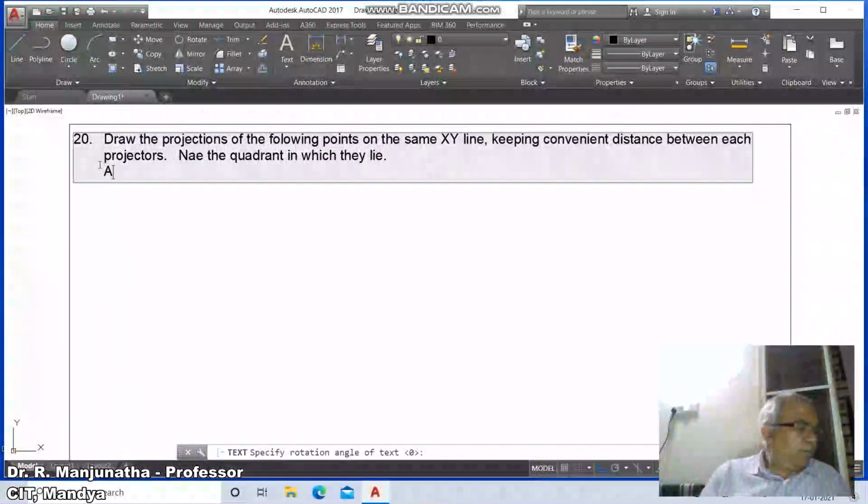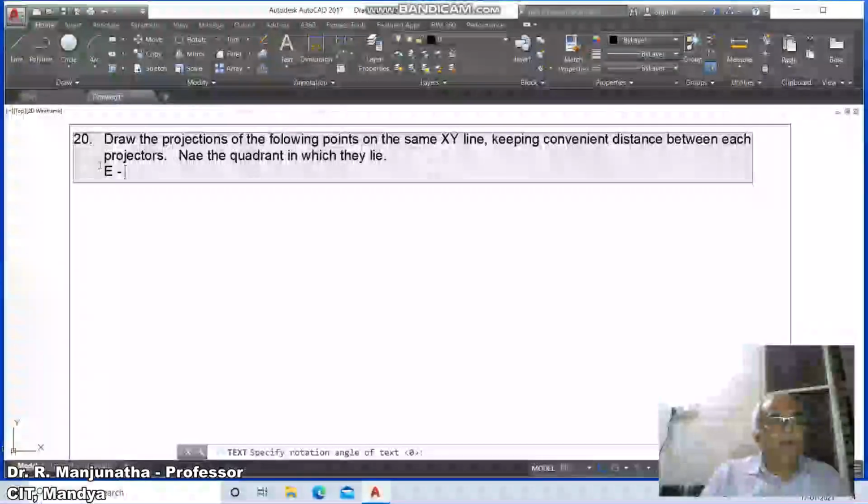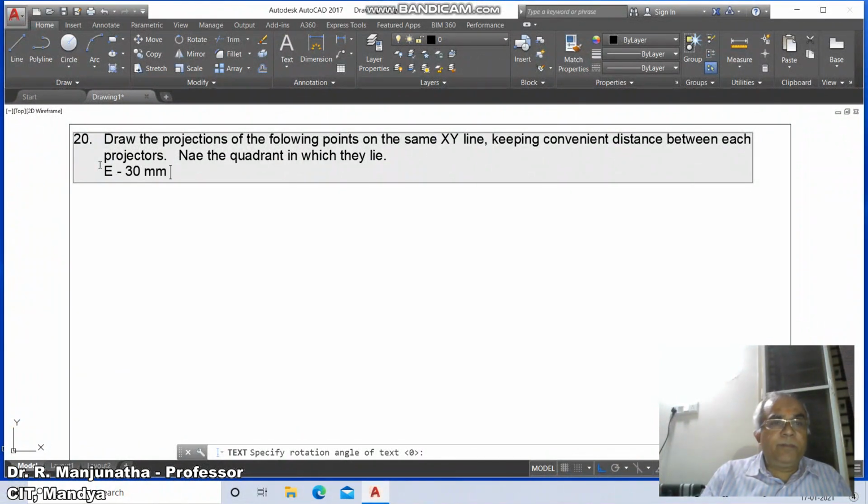So point E is 30 mm above HP, 30 mm below HP, and 25 mm behind VP.